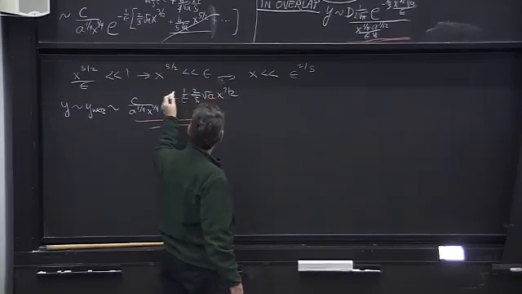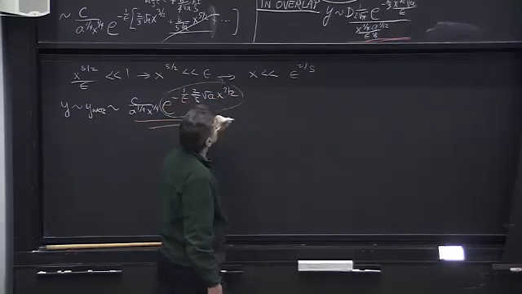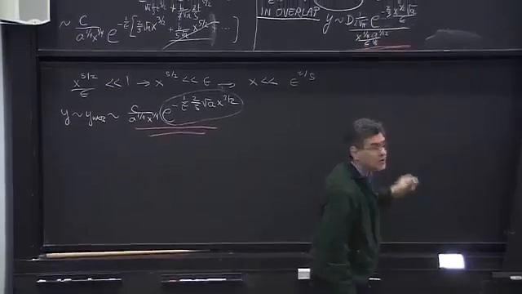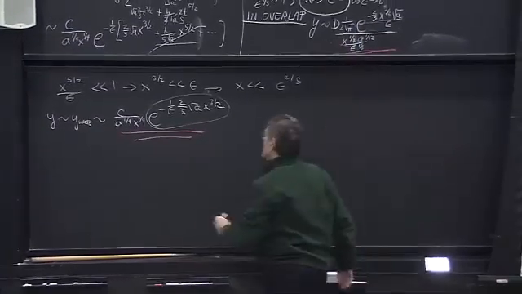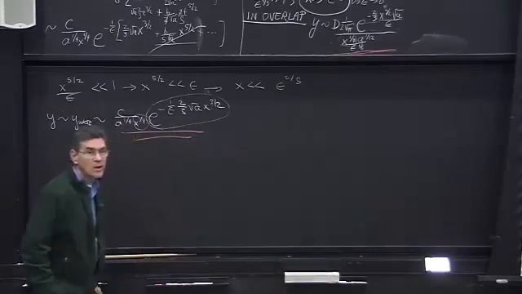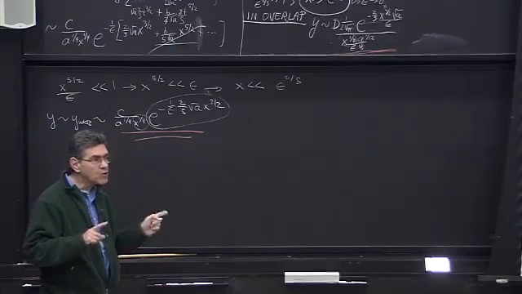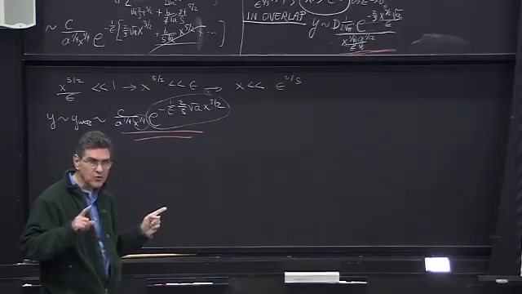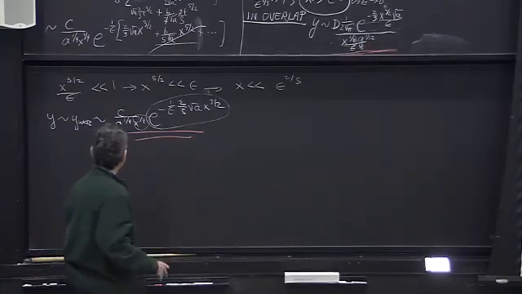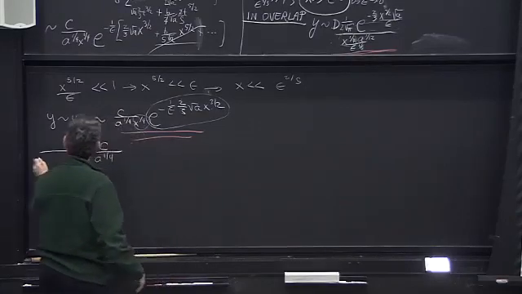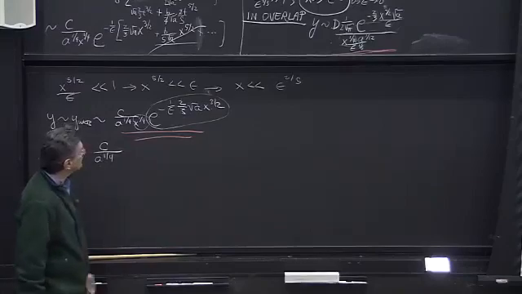2/3 square root of a x to the 3/2. That exponential is exactly the same as that exponential. And there's an x to the 1/4 here, and there's an x to the 1/4 here. But these are only asymptotic if the constants multiplying these two identical functions of x agree. And that means that c over a to the 1/4